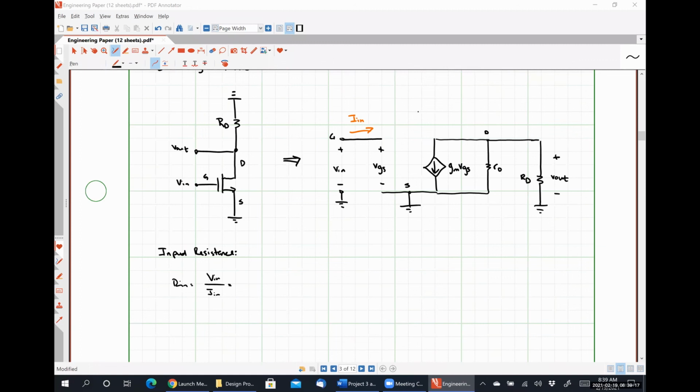Okay, so the current Iin by definition here must be 0 because it's the current flowing through an open circuit, right? So if we have some number, whatever the input voltage is, divided by 0, that means our input resistance is infinitely large. Effectively, we see the open circuit